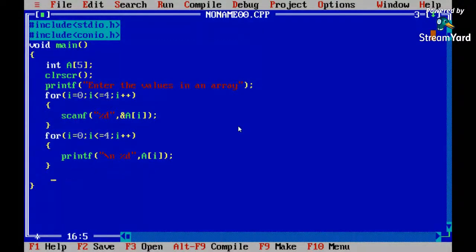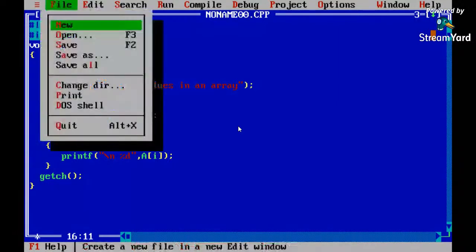And finally getch. Okay. So this is the simple program of an array where we just receive the five values from the user, and then we print those values. Okay. So this program,